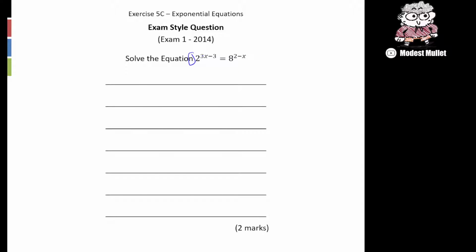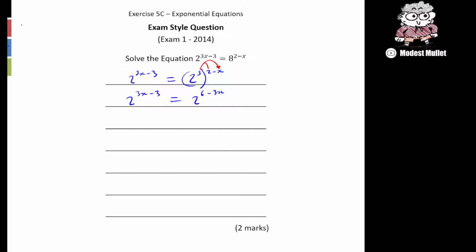We have no coefficients, so we're just going to try and make the bases be the same. So we get 2 to the 3x minus 3 is equal to 2 to the power of 3, that's what we can change 8 into, to 2 minus x. We can now multiply the 3 by both of those terms to expand that out, so we get 6 minus 3x. And now we've got this written with 2 of the same bases